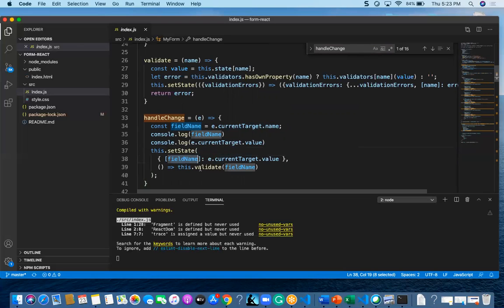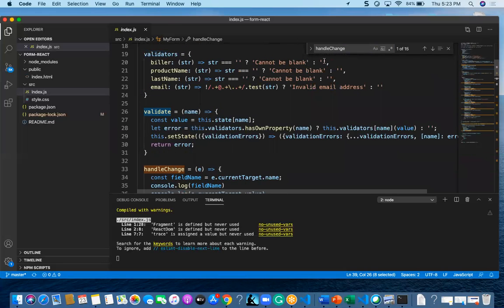It will validate the particular field name. What this validate will do is check whether it is spaces or not. If it is spaces, it will throw some error like "cannot be blank", else it will show null values.